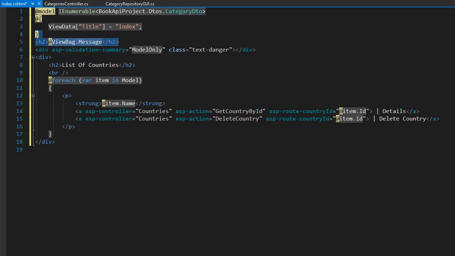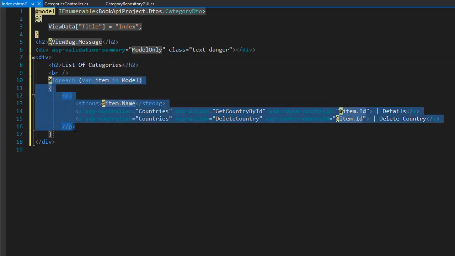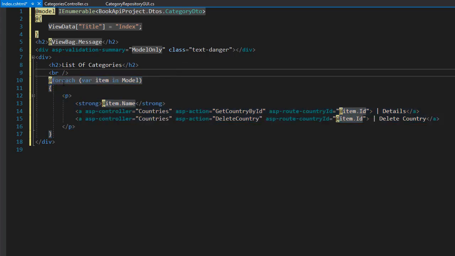We can leave the ViewBag.Message if there's any errors, as well as the validation summary. The H2 tag can simply say list of all categories, and then we will list all the categories. So we will do a foreach loop and loop through the model, and so it happens that category has a property called name, so that's what we are displaying, the name of the category, so no changes have to